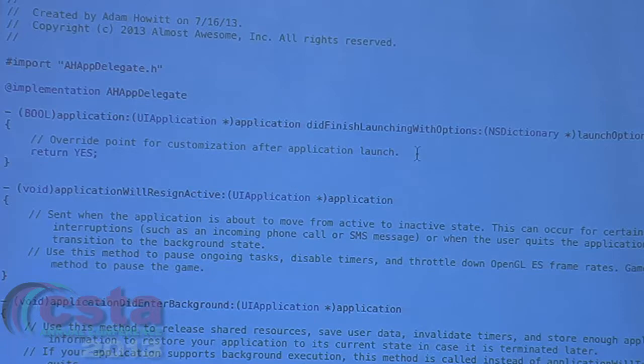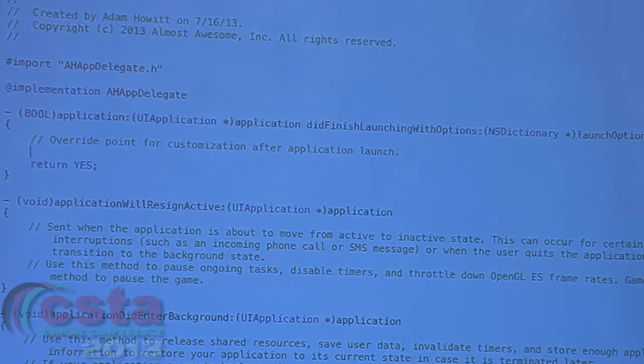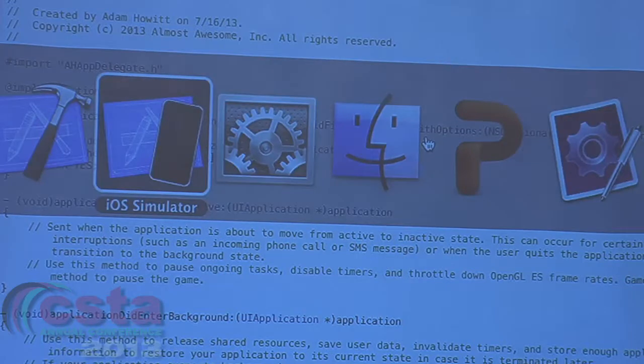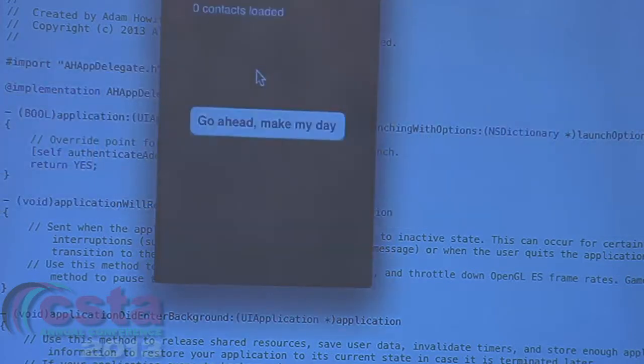And then the last thing we need to do is at the top of this file, application did finish launching with options is the first method that gets called every time your app launches. It's the very first piece of code. And in here, we're just going to add self authenticate address book to get things started. And that's it. So again, if I build and run, as long as the demo gods are in my favor,